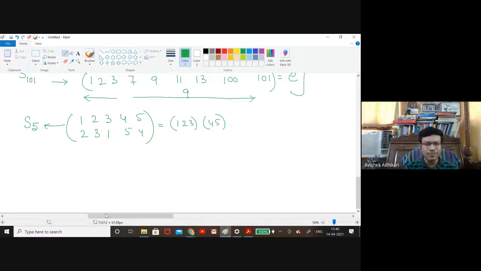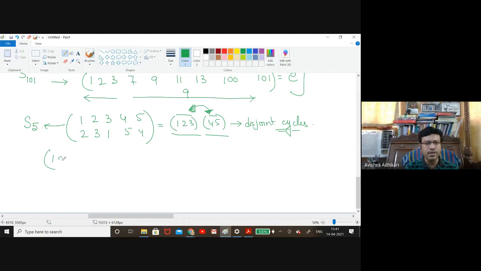Okay, so now see that this is not made up of only one cycle. So this is a product of two different cycles. Not only that, this is a product of two disjoint cycles: (1 2 3) and (4 5). No common elements are there. So that is another important issue, that this cycle representation is in two disjoint cycles. Disjoint cycles. Why this term is important, I will explain just now.